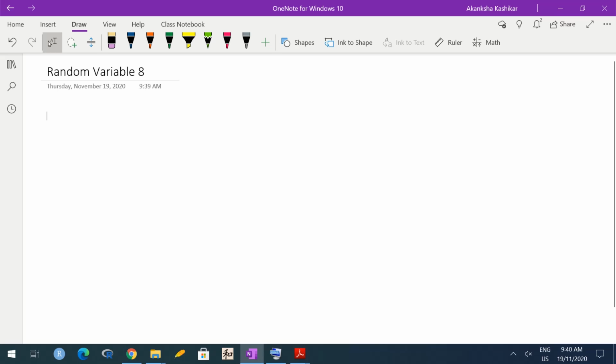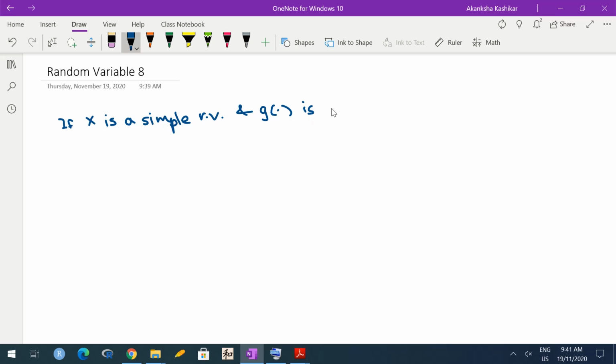Hello everyone. Today we'll see a few results relating continuous functions to random variables. So let me start with the first result. If x is a simple random variable and g is a function, let us focus on continuous function because that's what we need. In general, the result is true for other functions also, but we would assume continuity. And g is a continuous function,